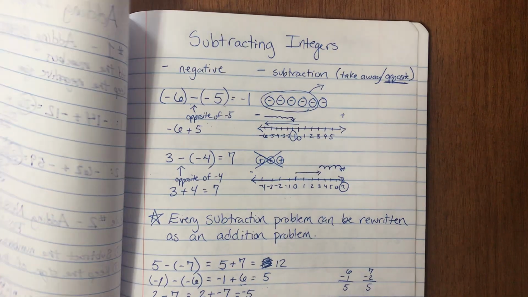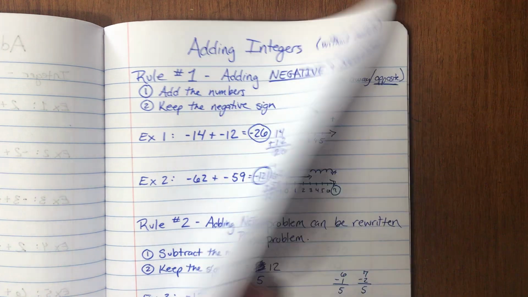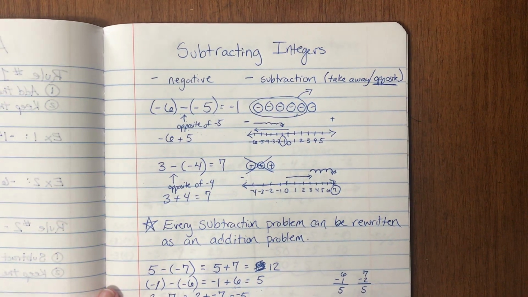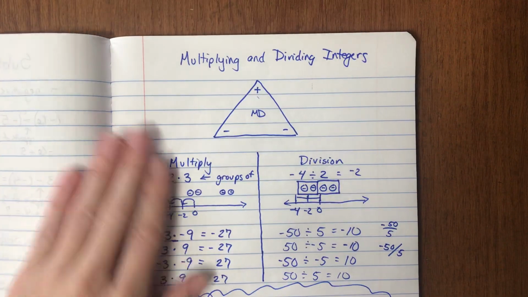So if you'll remember from last unit and the things that you just took a test on, you took a test on adding integers, so negative and positive numbers that we add together, subtracting integers, which remember we change into addition problems, and then multiplying and dividing integers. So that was all in the last unit, and today we're going to use all of that information to work